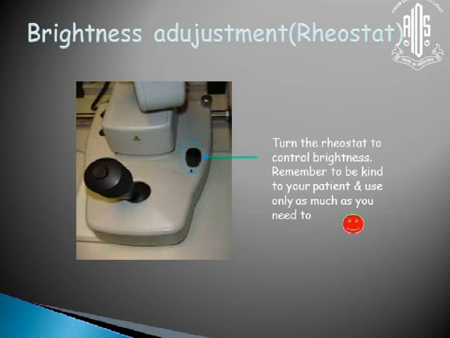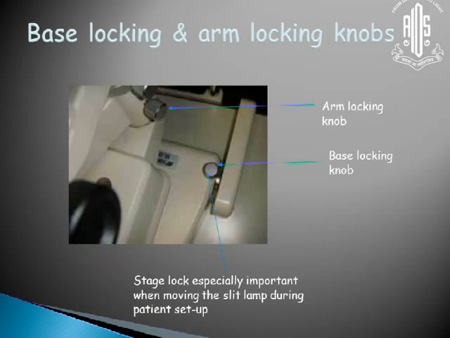There is a rheostat out here which controls the amount of brightness. Remember, like I said before, to be kind to the patient and use only as much light as is needed for examination. There are base locking and arm locking knobs. So this is the arm locking knob here and a base locking knob to lock the entire mechanical system. The stage